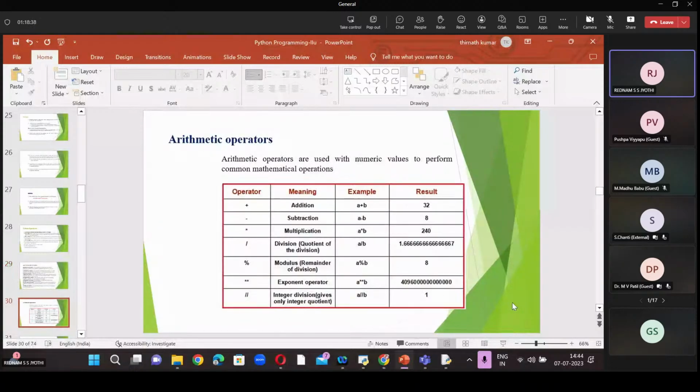Arithmetic operators. Arithmetic operators are used with numeric values to perform common mathematical operations. All these operators come under arithmetic operators, and all of them are binary operators. They require two operands. First one is a plus b, a minus b, a into b, a divide b, a modulus b,